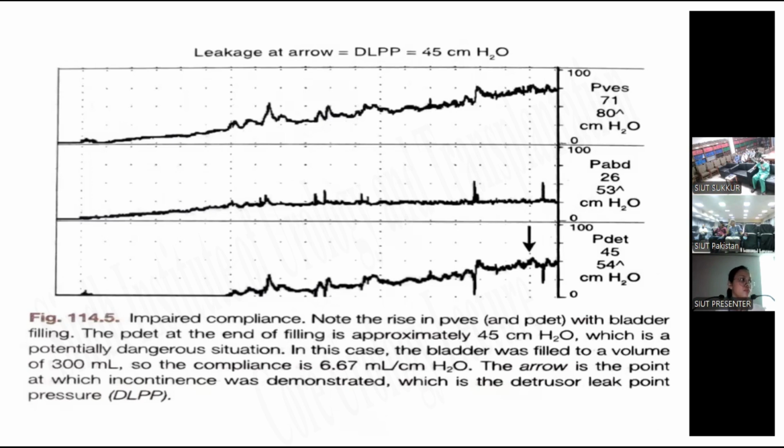If you look at it from this angle, for instance, if we want to apply some kind of a therapeutic solution to it, then there are patients who, not here but elsewhere, need an artificial sphincter. Now, the value of abdominal leak point pressure specifically is that when you provide an artificial sphincter, you do measure abdominal leak point pressure before the procedure, and you try to gauge the contractility of the artificial sphincter after you have put it in. So pre-op and post-op, and how much contractility you will provide to the artificial sphincter, that depends upon